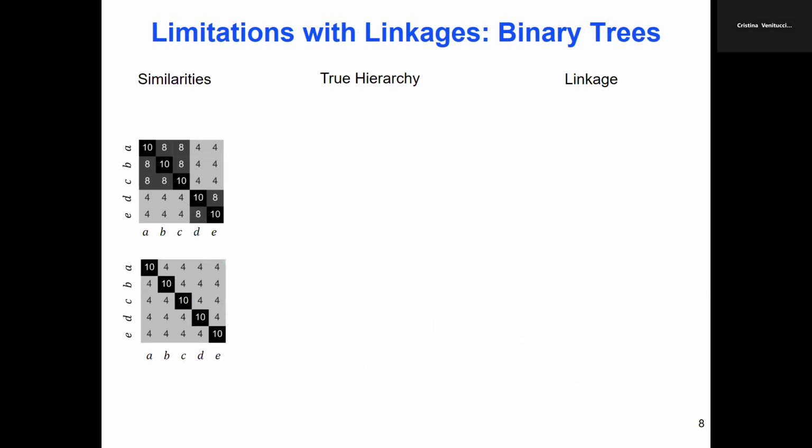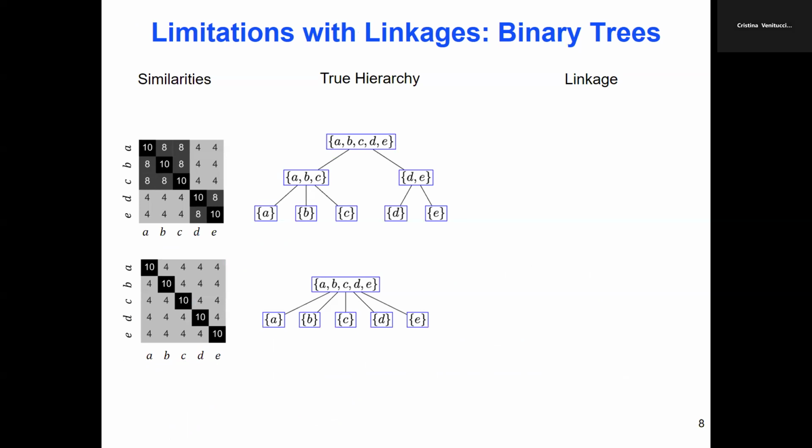So for example, if the similarity matrices are these two matrices, in the first one it is very clear that you have two main clusters, and then inside the two clusters you have similar clusters. In the bottom one, there is no hierarchy at all. It's flat, right? Each of the elements here. So if we have the true hierarchies between the items, this would be the one I would have for both of them. If you apply linkage,